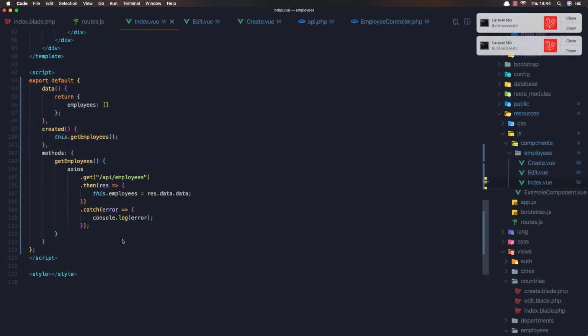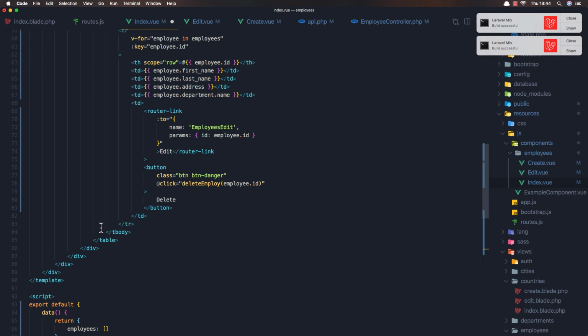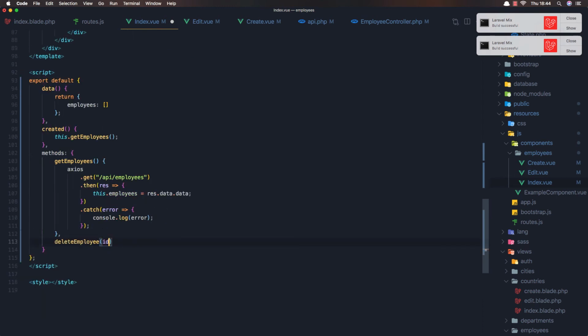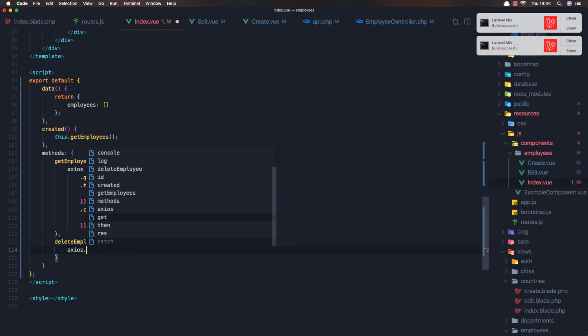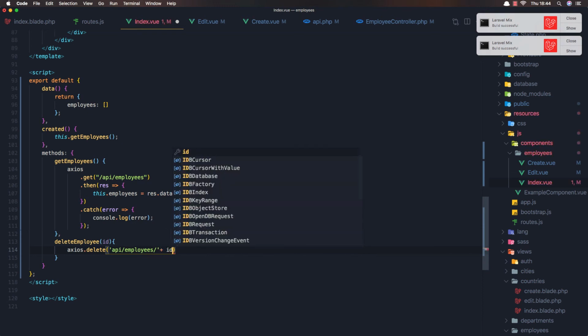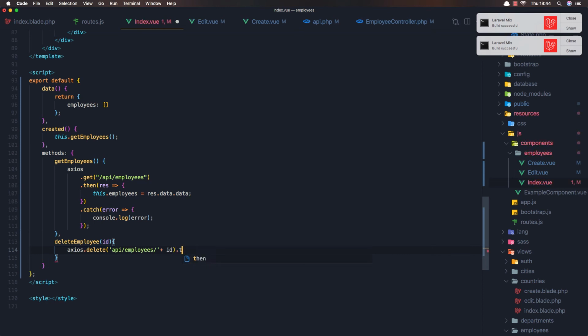Okay, save, go there where we have the methods and create that delete employee. Okay, it's the same, delete employee. And we expect the ID here, and I'm going to run the axios dot delete API slash employees slash, and we need to add the ID here, and then